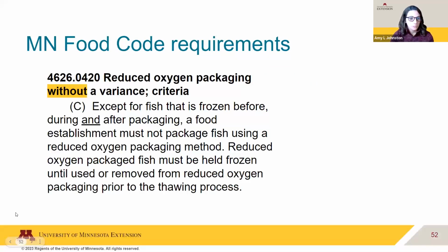And then I mentioned this briefly, just a quick note about fish. If you do source fish from a local producer, the fillets need to be frozen before you package and then kept frozen until you're ready to prepare. And when you're ready to prepare, the fish can either be cooked right from frozen, or if you're going to